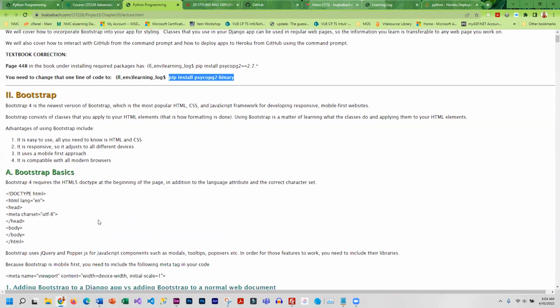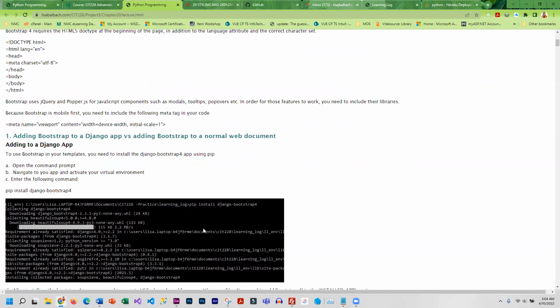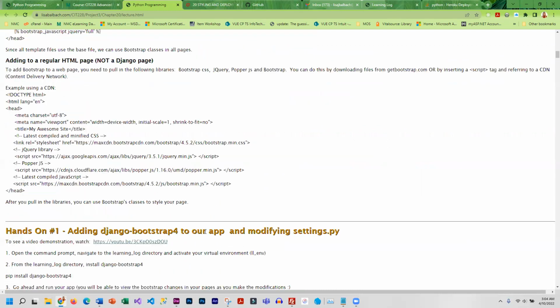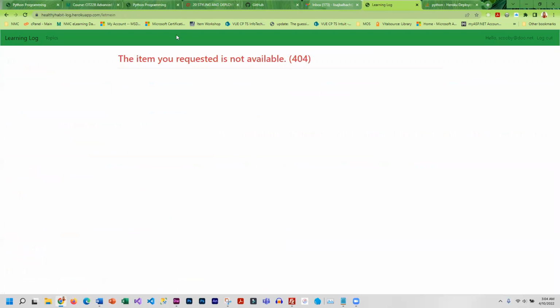So we kind of go through some Bootstrap basics. We are using Bootstrap 4, and some of you may be familiar with it, which is great. If you're not familiar with it, there are some basics here that will give you an overview of how to apply it to style your app. And just so you can see,